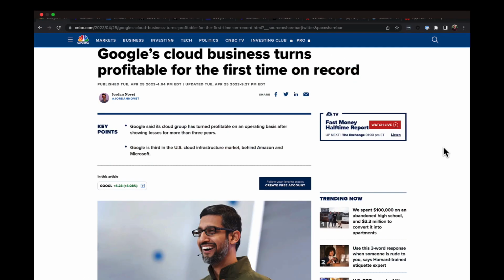And speaking of the Google Cloud Platform, Google said its cloud group has turned profitable on an operating basis after showing losses for more than 3 years. The segment generated $191 million in operating income on $7.45 billion in revenue in the first quarter. So this is pretty significant because I remember covering on a previous episode of the podcast, I think a couple of years ago,